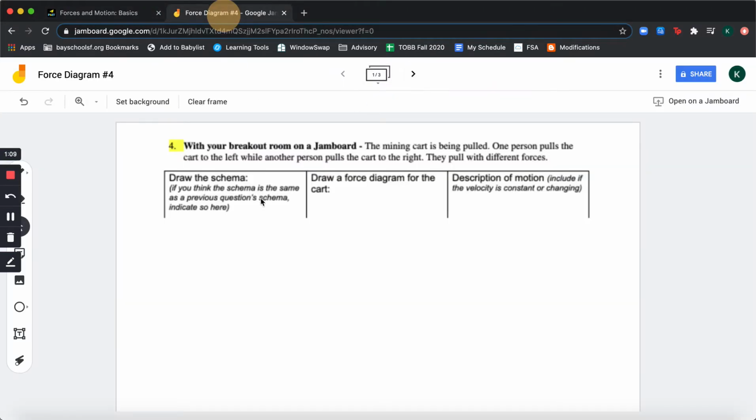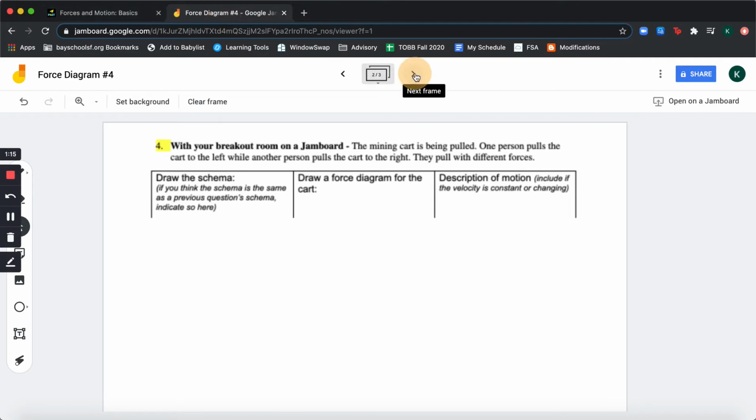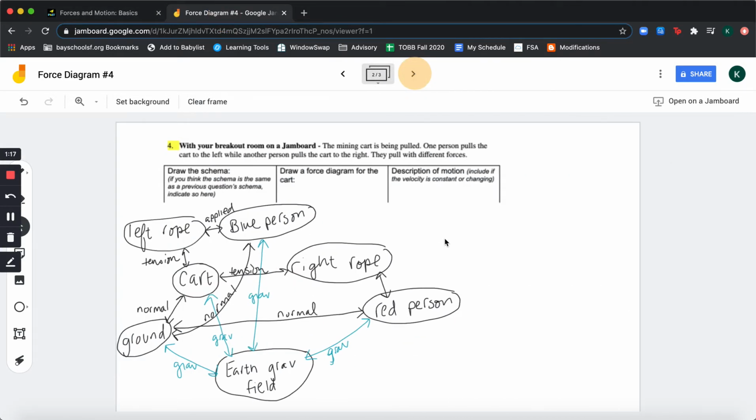And the first step is to draw the schema. So what is involved in this simulation? Well, lots of stuff. Here we have a schema of the cart and all kinds of stuff around it. So it's a bit complicated right now. We will simplify this. So we have the cart, the ground with a normal force,